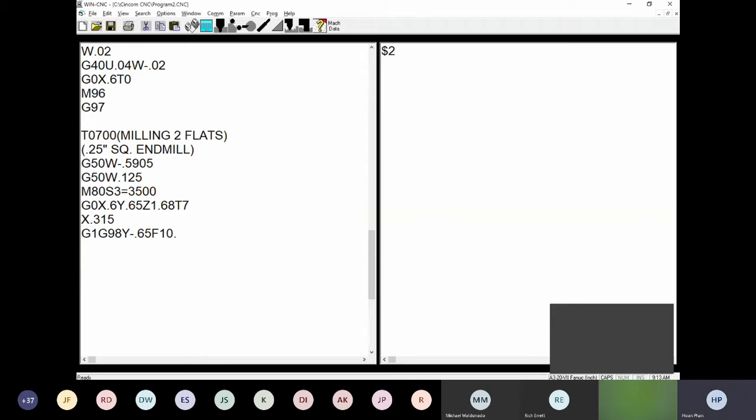Okay, so if you want to put one rough pass and then one finished pass, you can do this. You can put this one up like 25. That means you're gonna leave like 20,000, and then down here you can go down to the right diameter, and you can just go back with Y 0.65 like that. Okay, so we have one flat right here, and then we need to do the second flat,